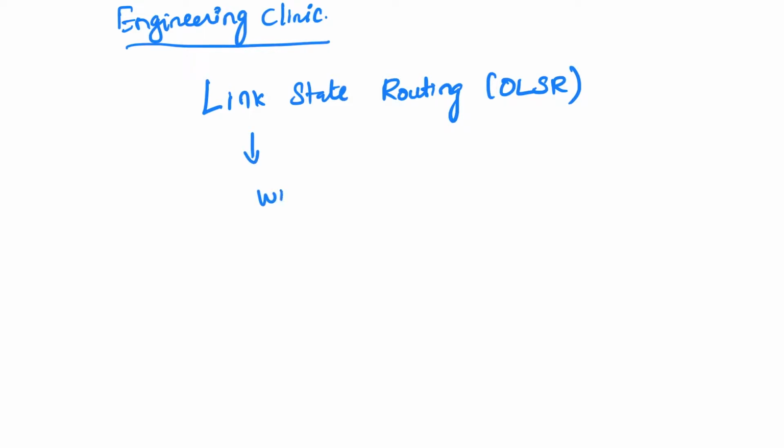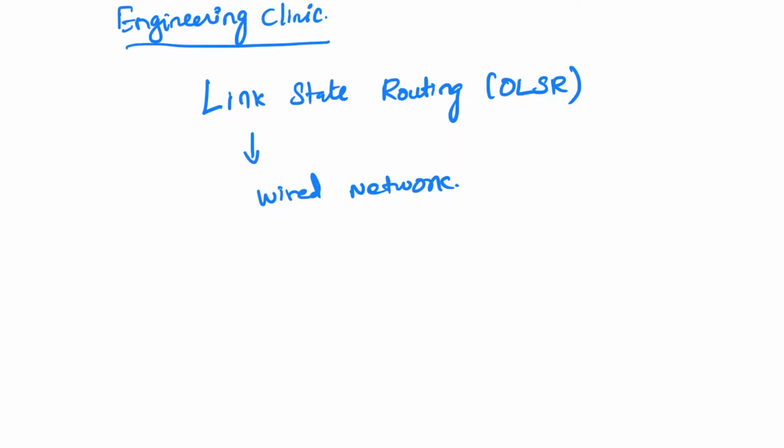So in today's lecture we are going to see something called link state routing. I have already given a definition of the OLSR protocol, that is, optimized link state routing protocol for wireless networks. Today we are going to try it on a wired network. We are going to find the shortest path, or prove the shortest path, in link state routing. We are going to use a wired network with various bandwidth and delay requirements between each and every node. That's what we are going to see today.